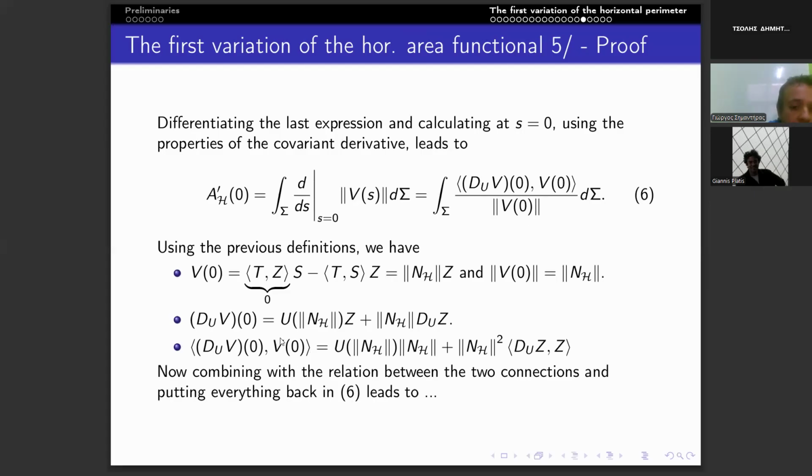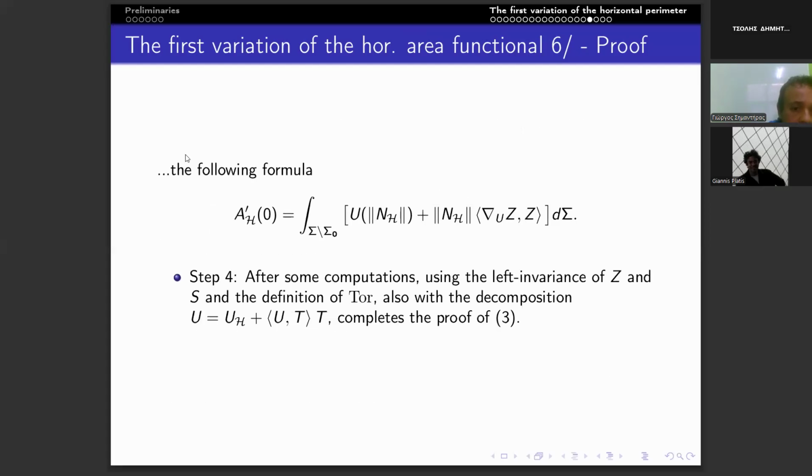Now we can combine these two with the integral, so we can calculate the first variation, which takes the following formula. Then after some computations, we can use the left invariance of Z and S, the starting definition of the generalized